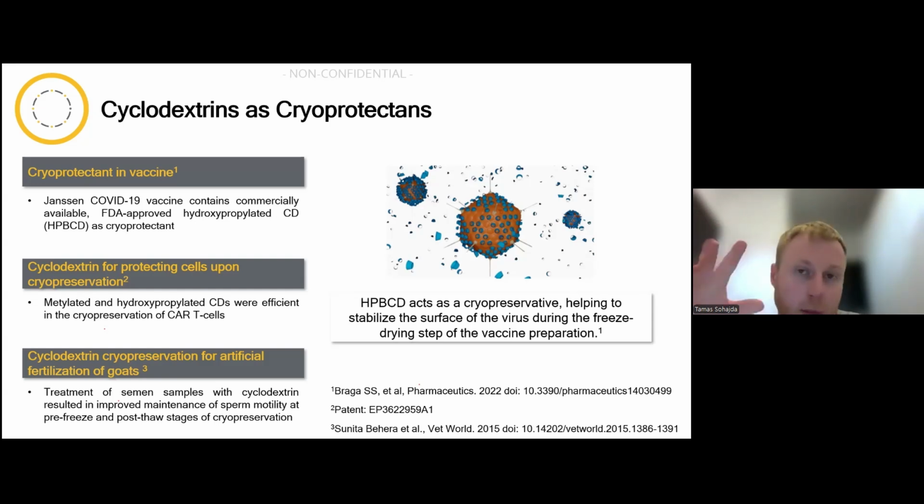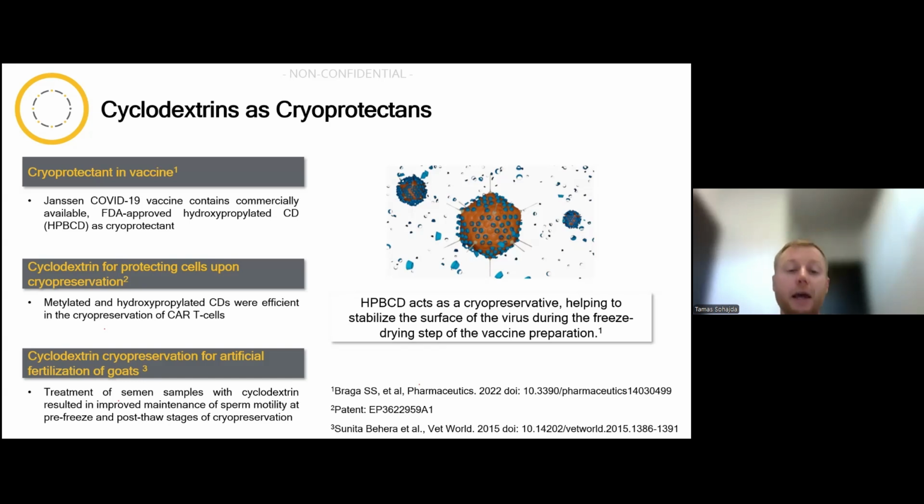But in this particular application, since cryoprotection is very critical for vaccines, and it has been extremely critical during the COVID times, it was not that surprising that one of the vaccines, namely the one from Johnson and Johnson, came up with HP beta cyclodextrin again as a component of the vaccine. And although not specifically said, from the information available, we can deduce that the cyclodextrin was contributing both to the cryoprotection and the stabilization effect